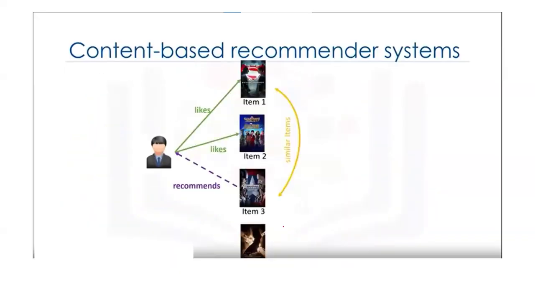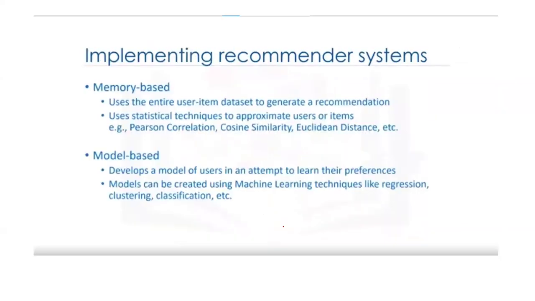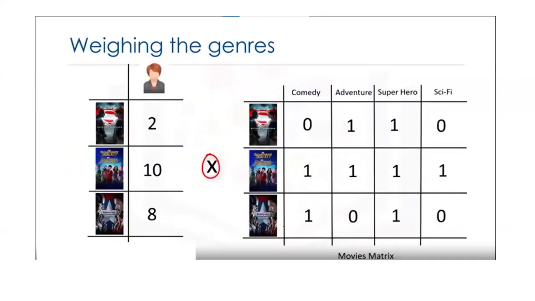Now, how it works is, here is the whole logic which is used in a content-based recommender system. It will take the ratings of all the movies which this person has watched, and it will